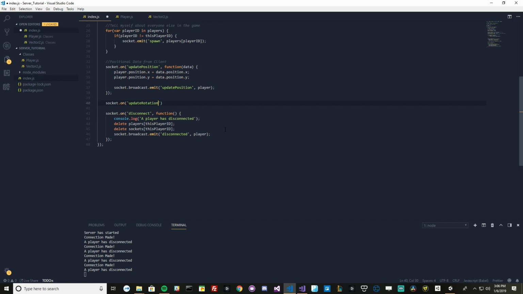Now you might say, hey, why don't you just put this in the update position? This is all to do with the tank. The reason behind this is because we might use update position for things like bullets. Position is just X and Y, and if we keep a networking command that's just X and Y, we can update littler things that only rely on X and Y and not rotation values with just that command. So we're going to use a custom one called update rotation, and we're going to say it gives us some data,